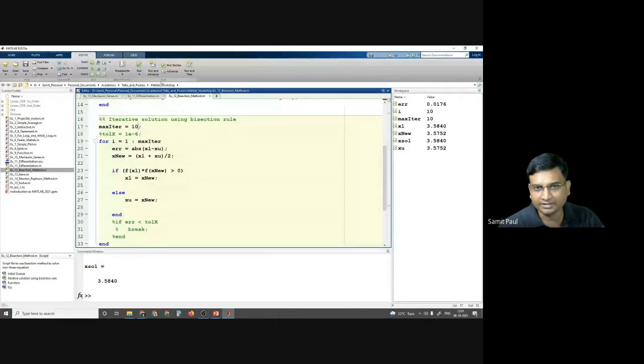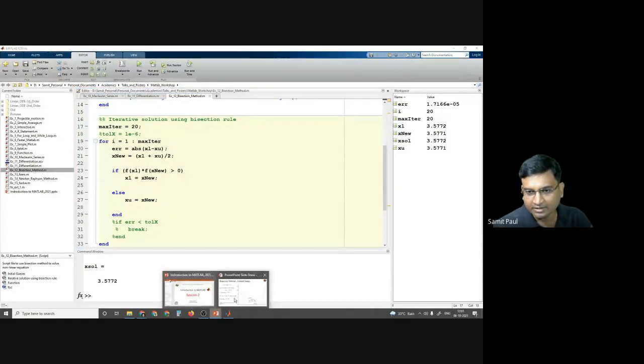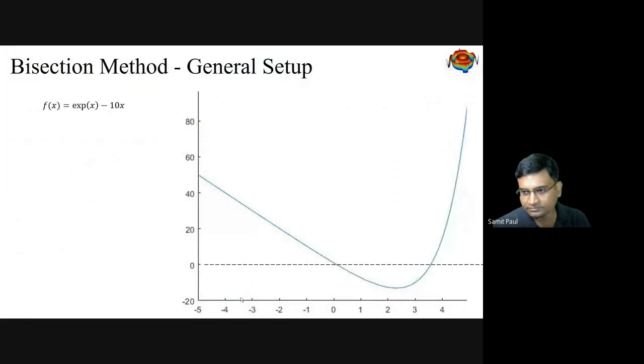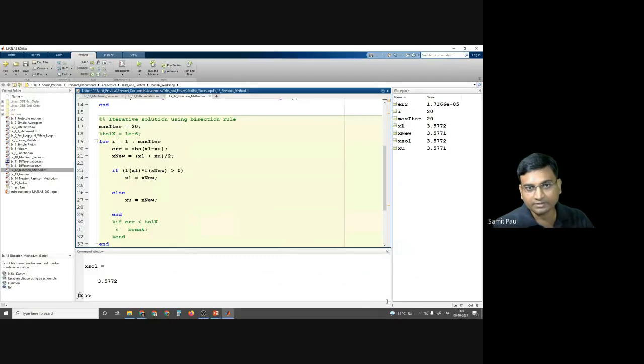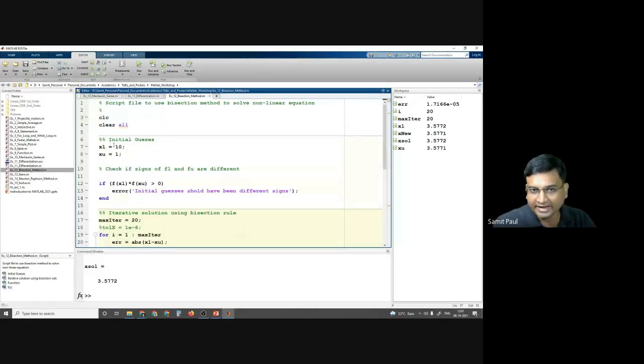Okay. If we run it for 20 iterations, error is now 1.7 times 10 to the power of minus 5. And the result is slowly converging towards 3.5772. And what was our value? 3.5772. And what is the bracket that we had taken? 1 and 10.